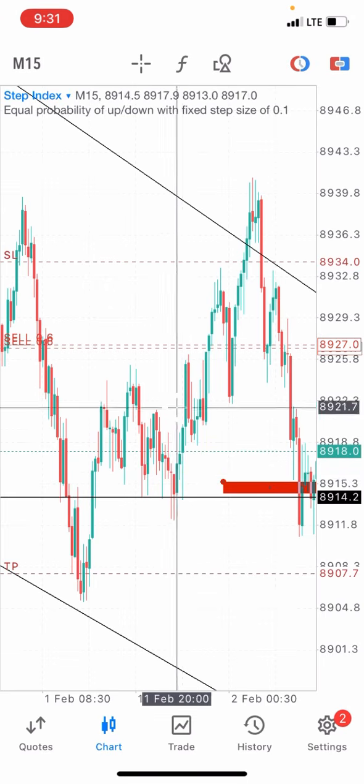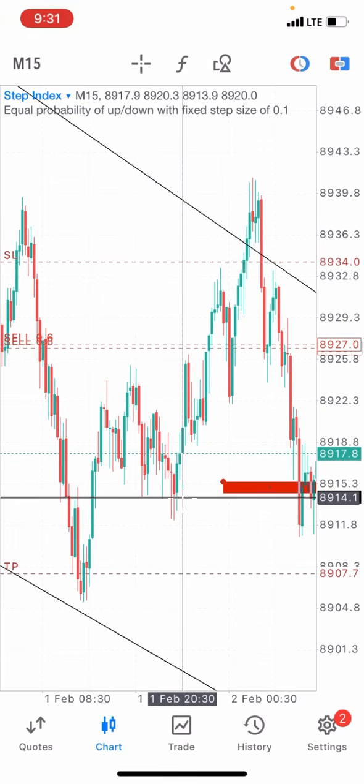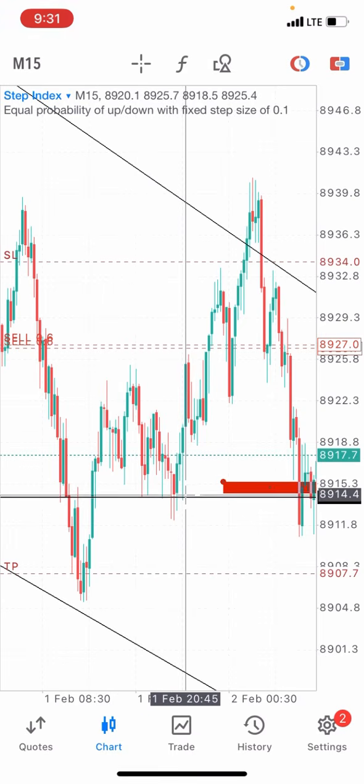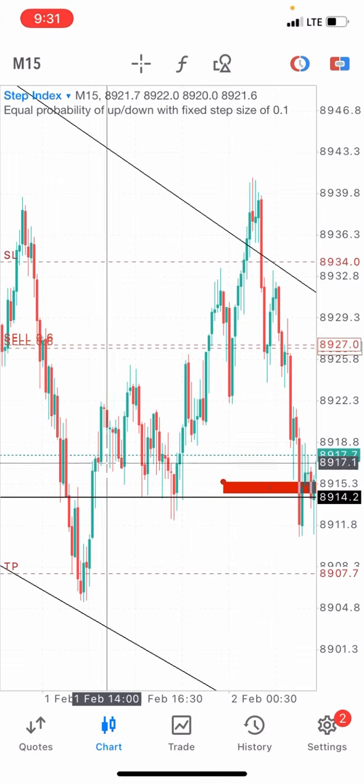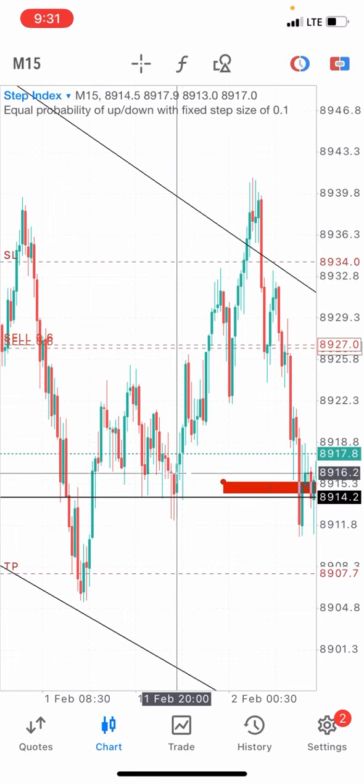Now what you need to do is just wait for price to break and retest that horizontal line you placed on the support level that you realized on your 1 hour time frame. It could be support, it could be resistance, depending on where the market is at the moment. So whenever it breaks and comes back to that level, that makes it support, and then you look for bullish candlesticks just like we saw here.